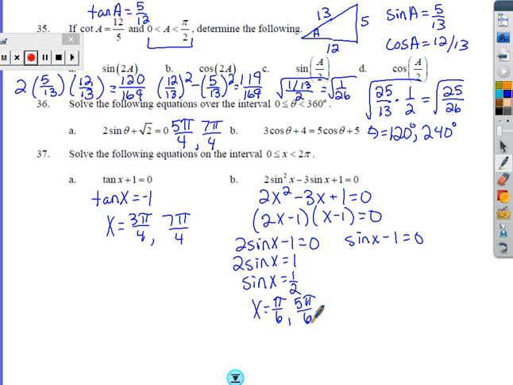And my other equation is pretty easy. I just need sine x equals 1. That only happens in one spot. That's just pi over